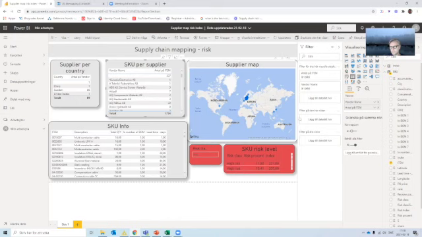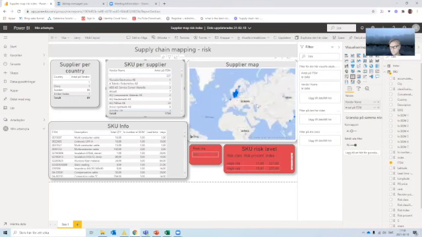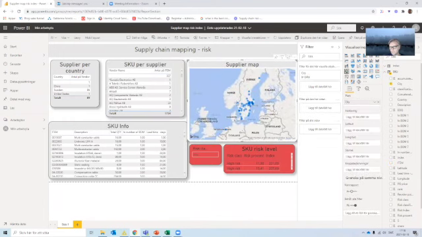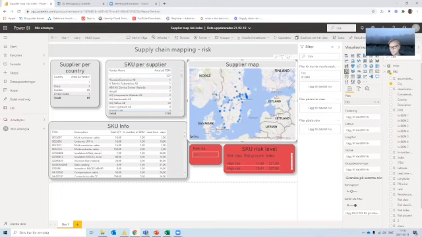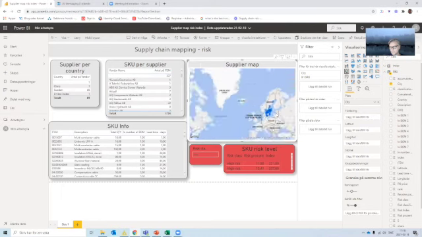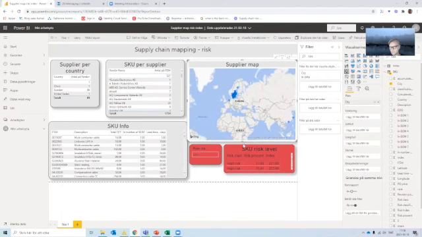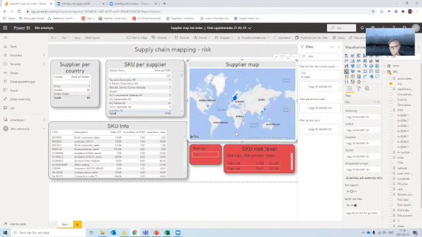And of course, you can see here the picture of the supply chain map, and this you can actually dig down. So it's really interesting to go down and see where they are. So you can zoom out and zoom in as you would. So it's interactive. And if we look at, for example, we will say that we have a problem in Sweden, and we